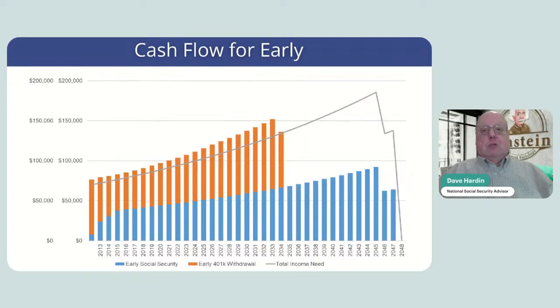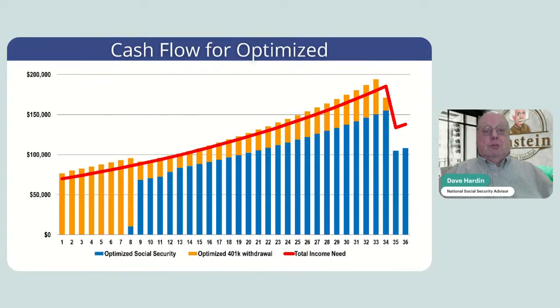In the first scenario, if they take it out at the same time because the Social Security is not enough to get them their $70,000, they have to take both out. And by doing that, it causes them to pay tax not just on the 401ks and the IRAs, but on the Social Security as well. When we do it this way, they don't. This is a massive deal.